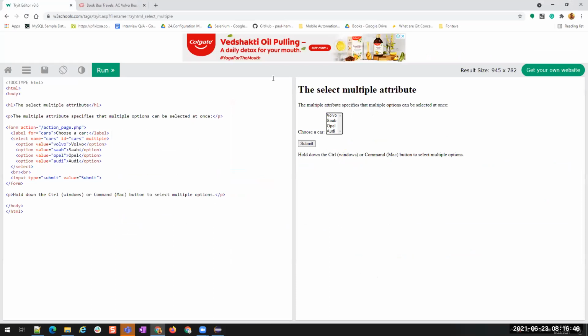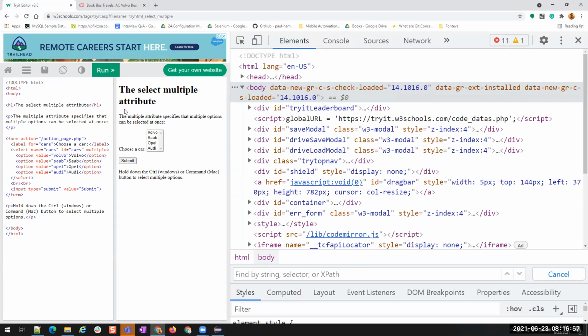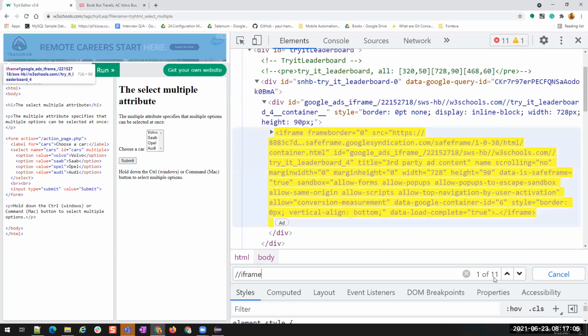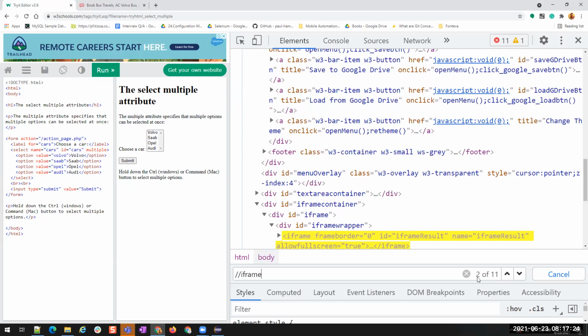Because these indexes will change from time to time. Suppose the developer added one more extra frame to your page, then what will happen? You keep on changing the indexes. Each ad has a title. Now just observe here. Earlier we used to have only 10 frames, but now you see 11. So there are chances that our index positions, for now this position is same, but there are chances that the position of this frame gets changed, right?